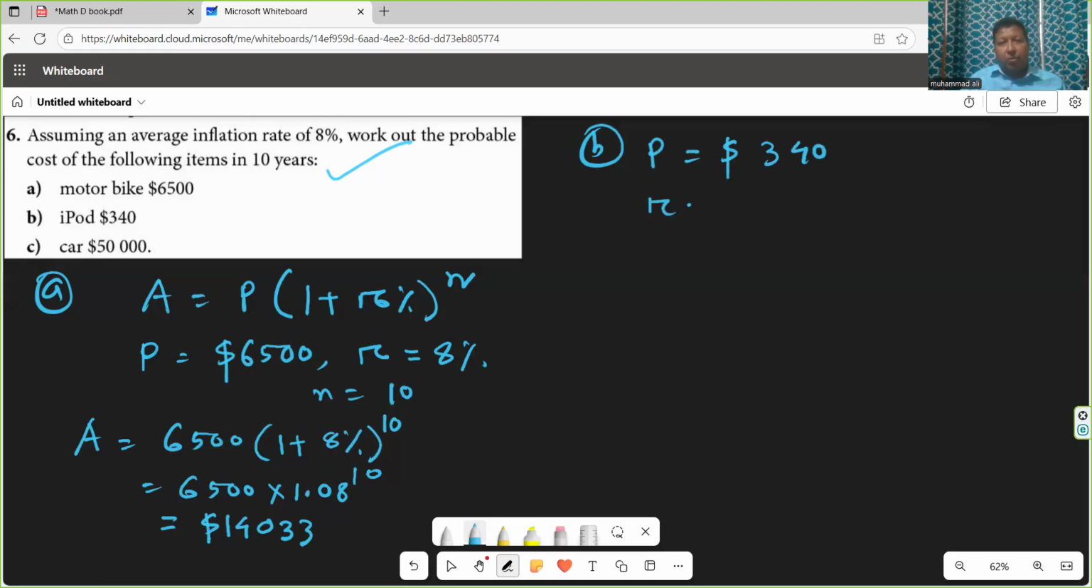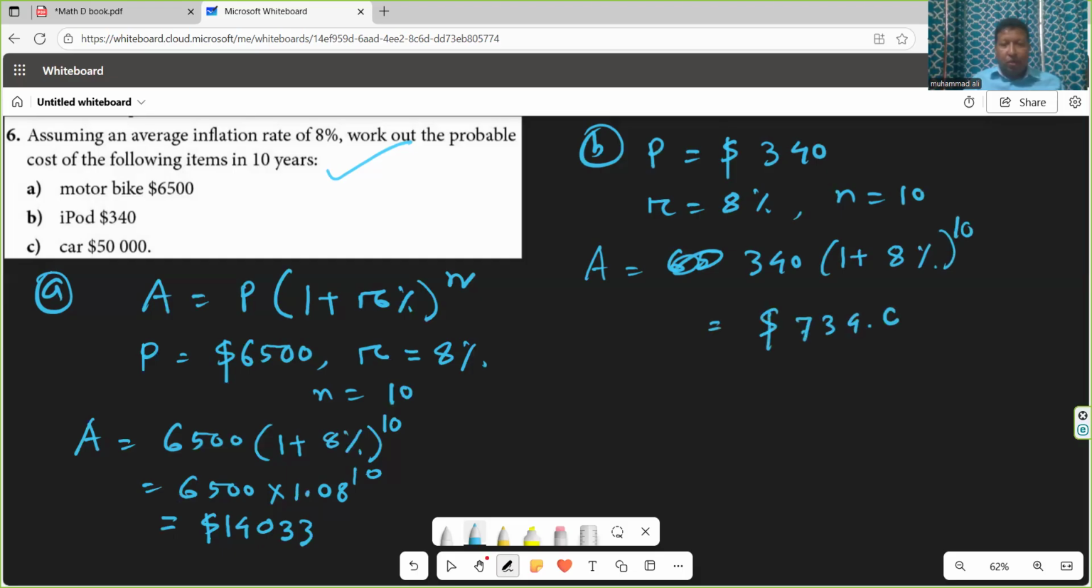The R equals 8% and N equals 10 years. So amount equals principal, that means 340, (1 + R%) to the power 10. So the final answer will be 734.03. Number C,